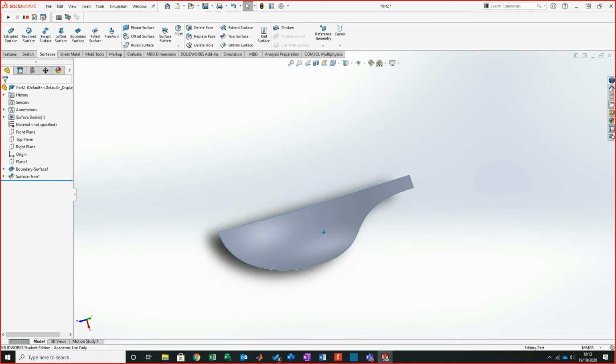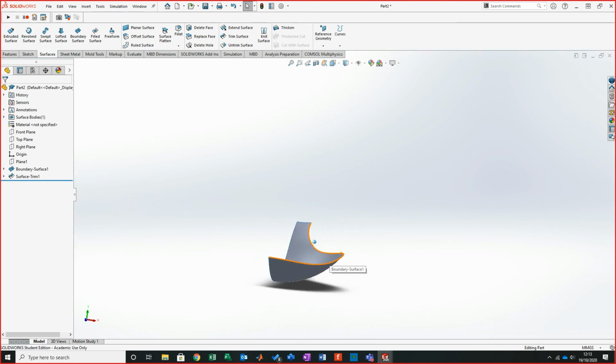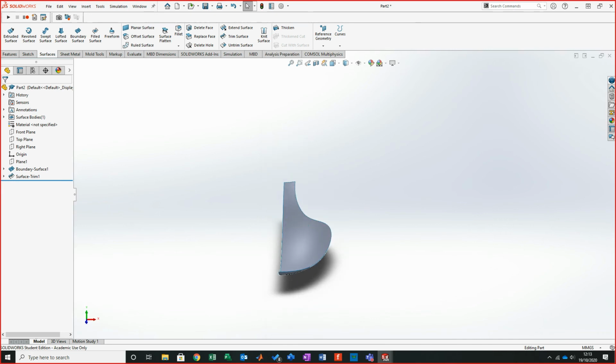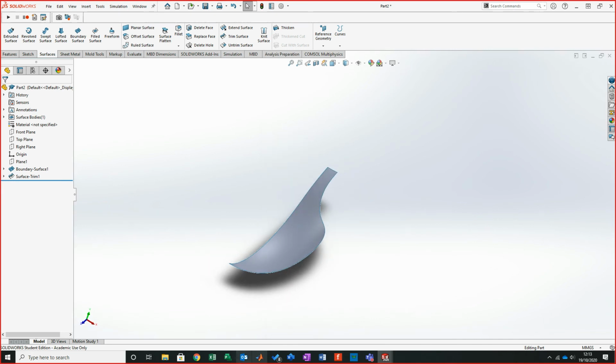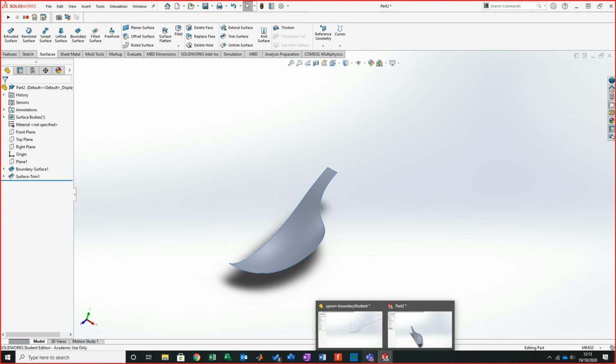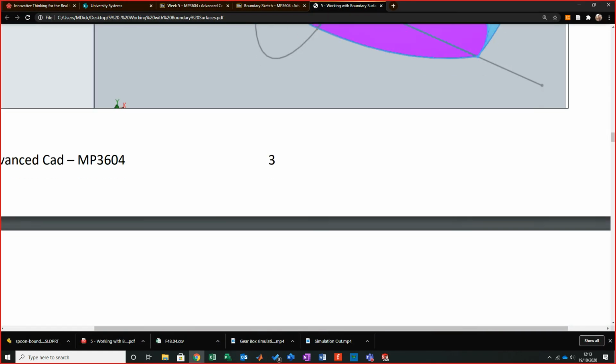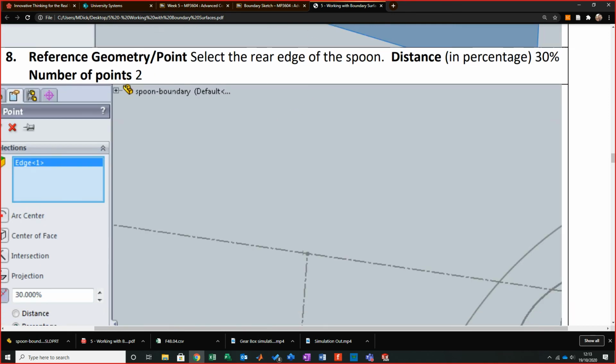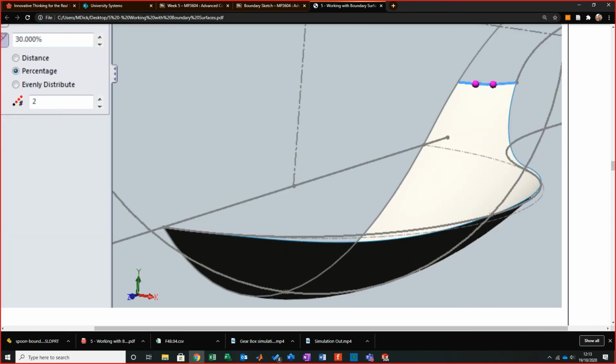My spoon profile there needs a little bit of tidying up, but it's definitely getting there, which is good. So now coming back to there, I'm now looking to bring in the rest of that profile. Now a great way of doing this now is